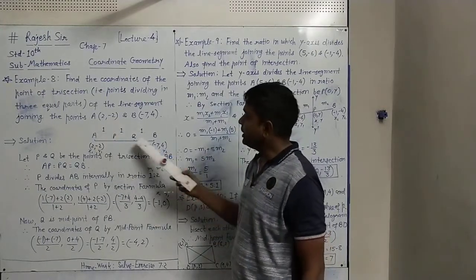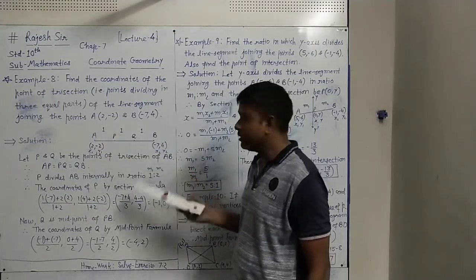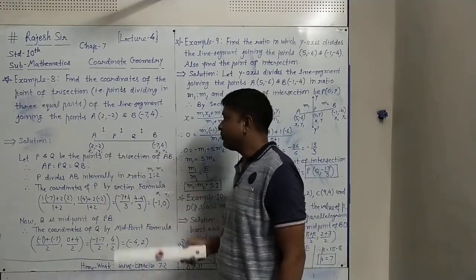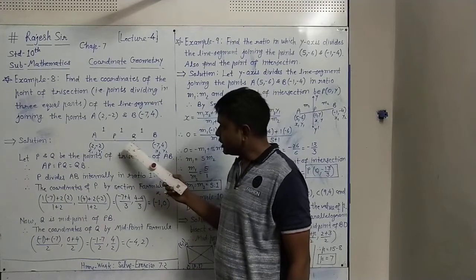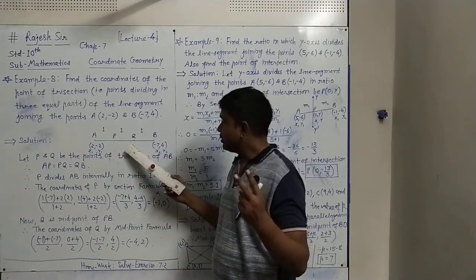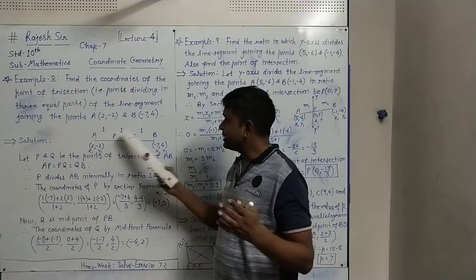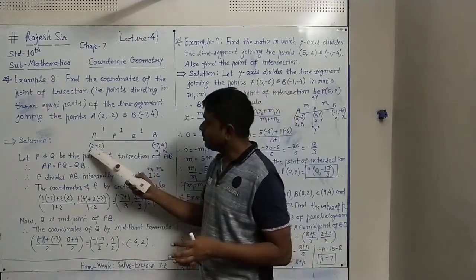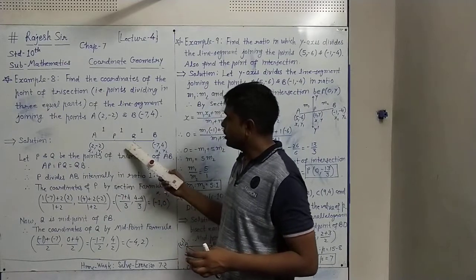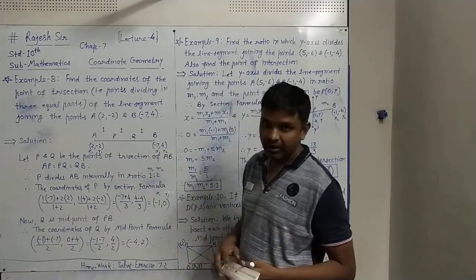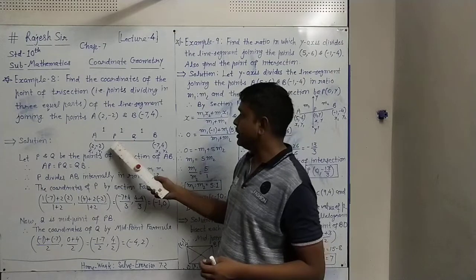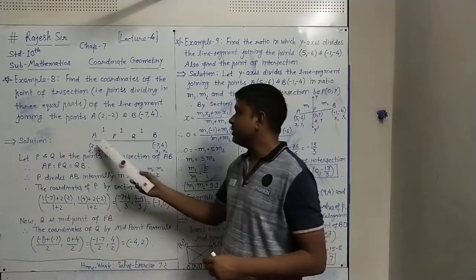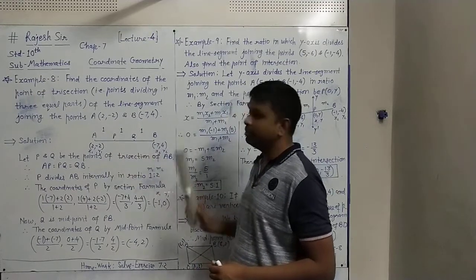The line segment joining A to B is shown here, where the coordinates of A are (2, -2) and B are (-7, 4). Let there be 2 points P and Q. Because of them, the whole line segment AB is divided into 3 equal parts: AP, PQ and QB. Because of points P and Q, AB is divided into 3 equal pieces. AP equals PQ equals QB.